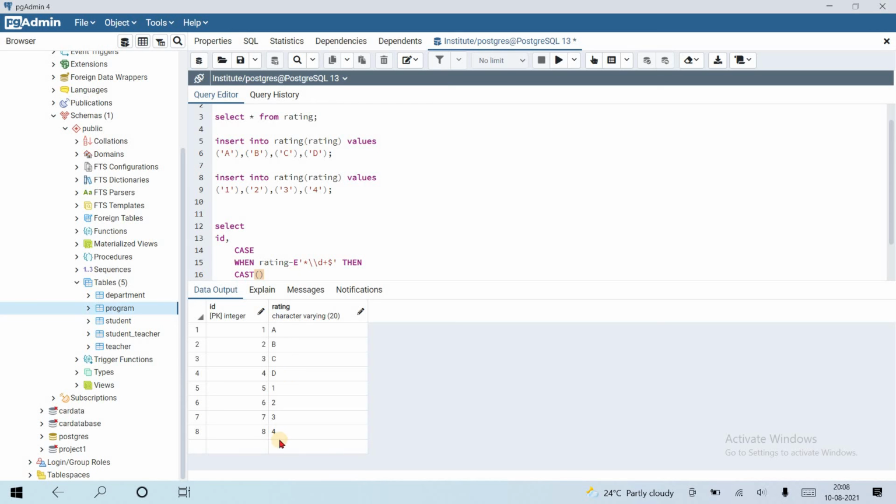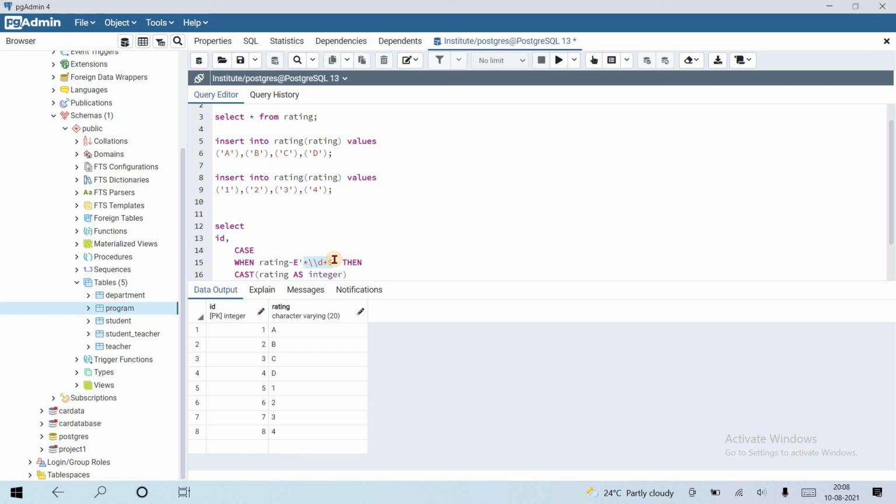Already the values are in integer format, so we can simply convert them using the cast function. Okay, the rating column value, as we want integer. Okay, that's it.